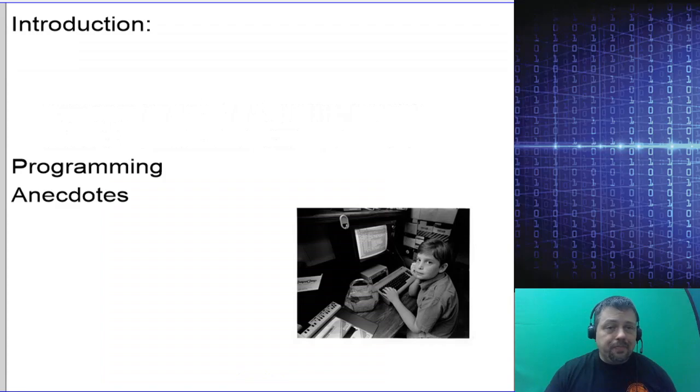Excuse me. So everybody's got an anecdote, like myself as a hobbyist computer programmer, of themselves as a kid sitting in front of a computer making the first video game or whatever. So, my name is Chad Salyer, and I am a computer science teacher here at Elizabethton High School.